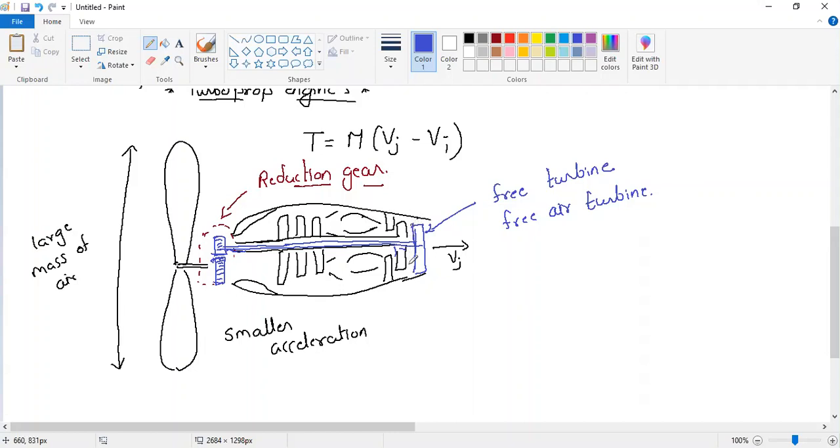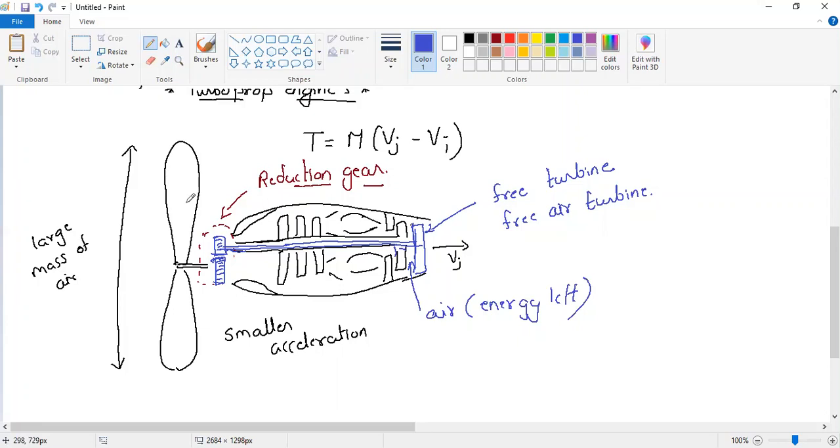The exhaust gases after the turbine, this air, still have energy left. This energy can be used to rotate the turbine. Since it does not have to rotate the compressor, it can directly rotate the propeller. So I can rotate the compressor and the propeller at two different speeds. I can rotate the compressor as fast as possible to increase the thrust, and the propeller at its maximum speed.